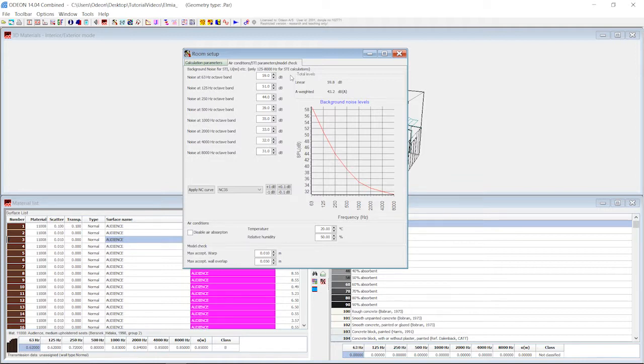Yeah. So that's all I'm gonna say for this window. For many cases you don't need to think about it. If you do make SGI measurements, make sure to have your background noise. If you are in extreme cases or extreme places with high temperature, low temperature or humidity, then please change that.